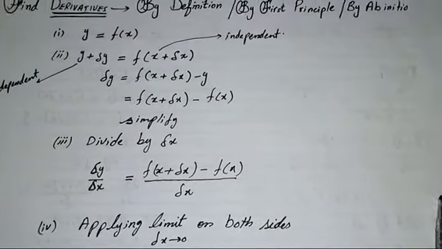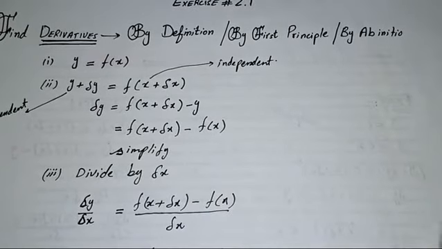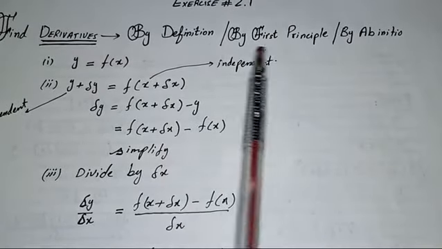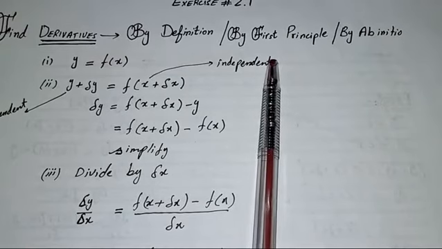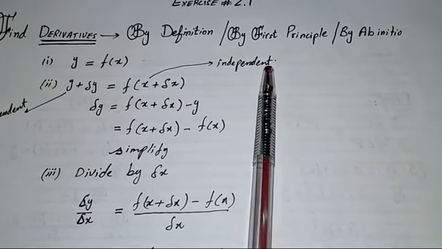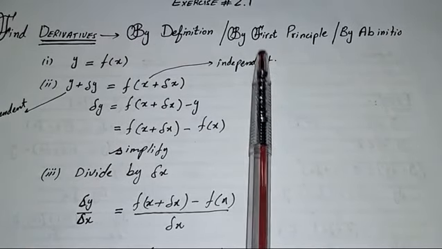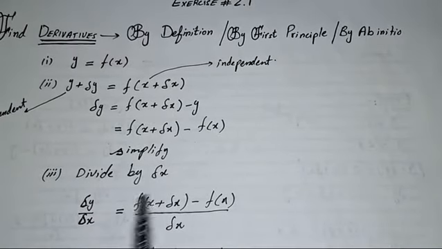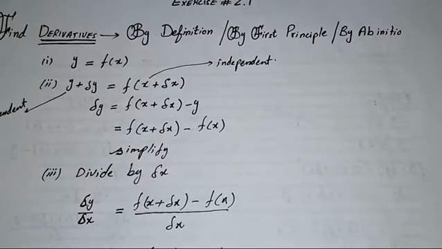So this method is known as the first principle method. It has 3 names: by definition, by ab initio, or by first principle method. So we will use this technique in question number 1 of exercise 2.5 to take the derivative of the